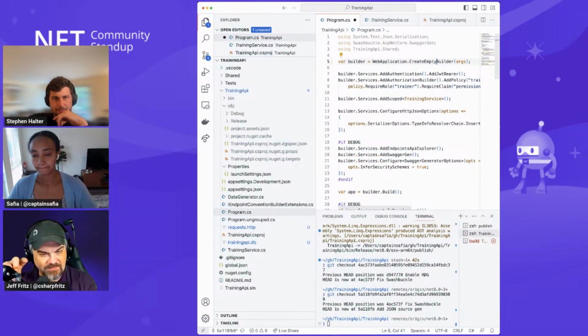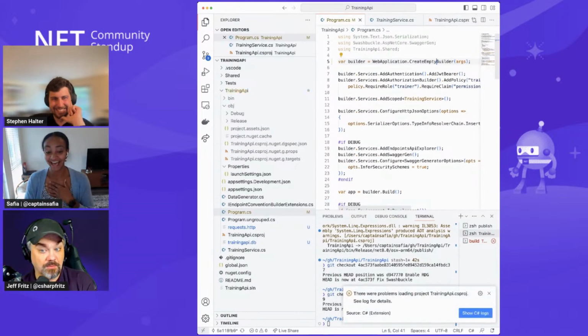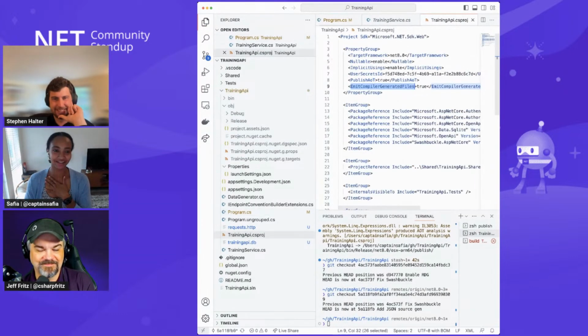Did you have to turn on the interceptors preview feature in your project? Oh. Yeah, interesting. So this is actually one of the design points that I was quite passionate about making sure was nailed down, which is that as long as you enable publish AoT, specifically for the request delegate generator and the configuration binding generator, which is another shift left generator that we're shipping in .NET 8, you do not need to set the interceptors preview feature flag for those. We automatically will set it for you in the Web SDK.